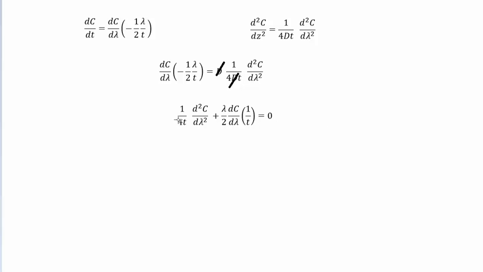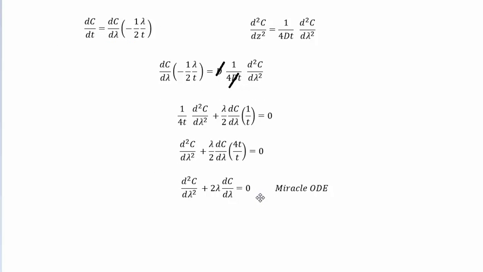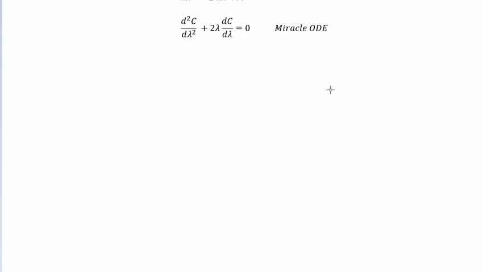Once you do that, you can multiply this 4t over so that this term doesn't have anything in front of it. And you'll see that the t's will cancel out, and the 4 will at least partially cancel out the 2. So that the final ODE that we have to solve is in this form. If you don't like Calc 4 or differential equations, this might not seem that fantastic to you, but you'll see in a second. So this is the miracle ODE that we get when we use Boltzmann's